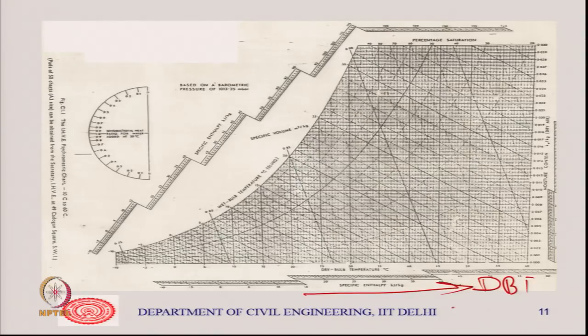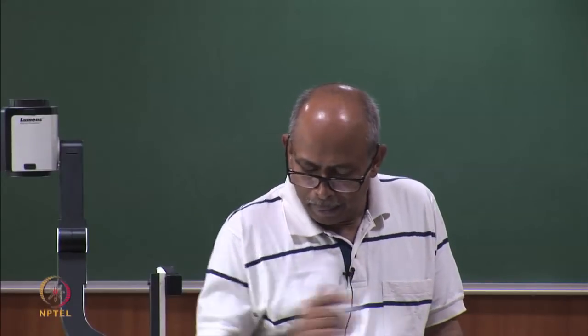Now this axis is dBT, and it goes from -10 to I think plus 60. This particular graph exists for various ranges, some go up to 30 or whatever it is. So, dBT is along this direction. This direction is the absolute moisture content in kg per kg.